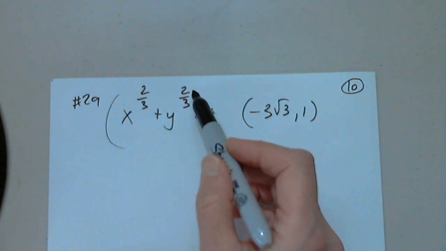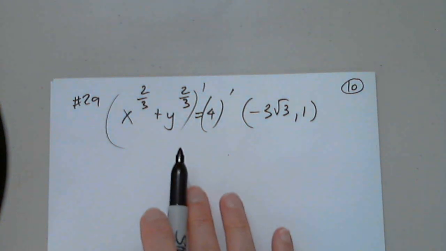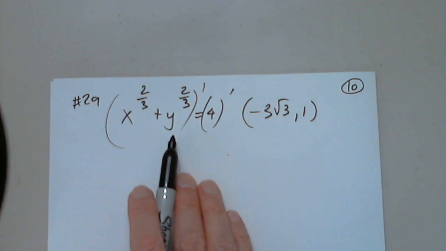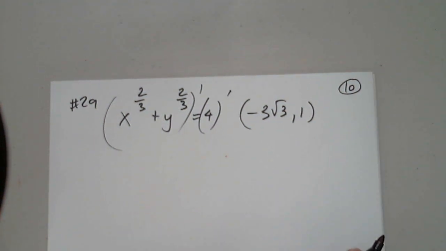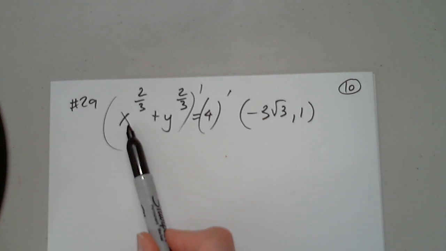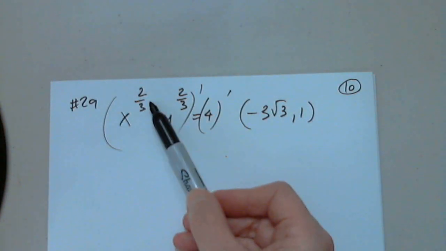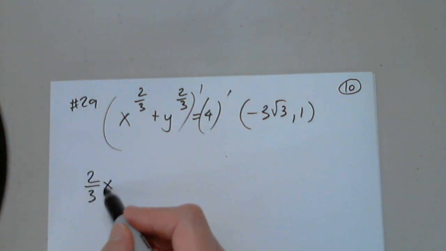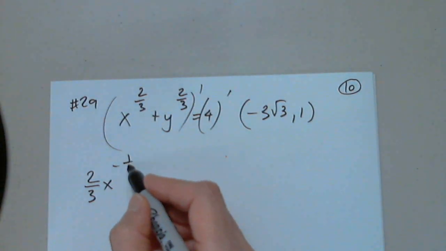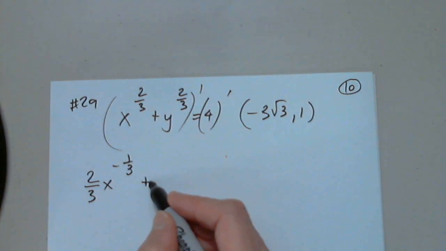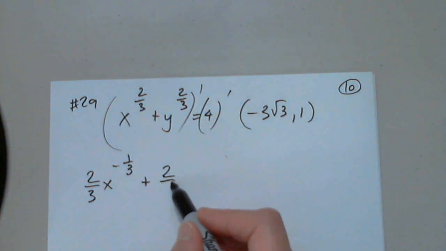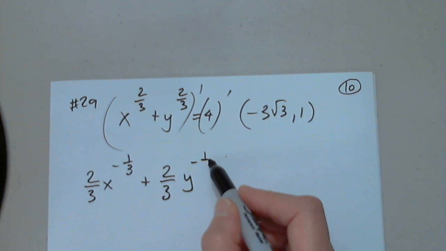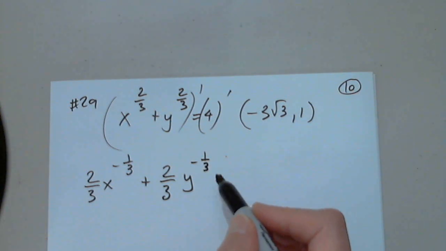Okay, so again, in this particular case, for this problem, I can solve for y, by the way. But we are practicing implicit differentiation. Let's do that. So, bring down the power, subtract 1 from the power. 2/3 minus 1, -1/3. Plus. Same thing for this, but this is a function. So we will have 2/3 y to -1/3 times